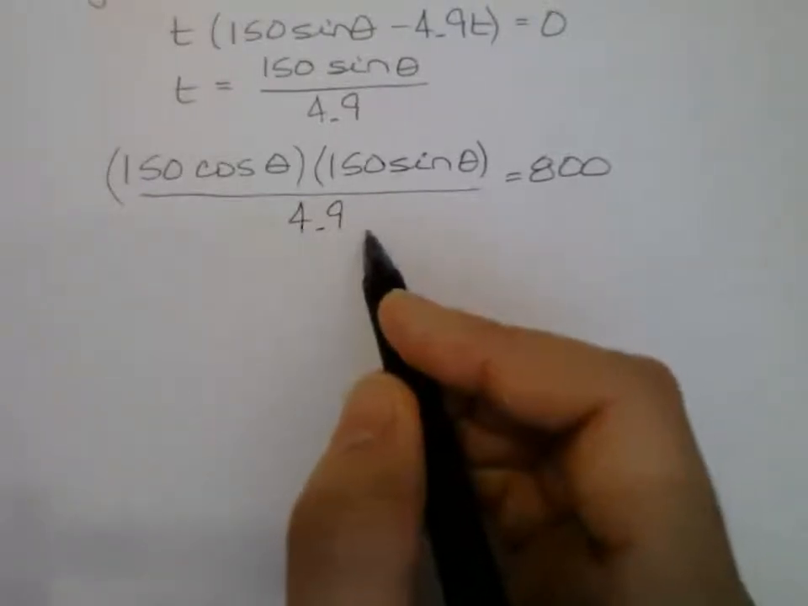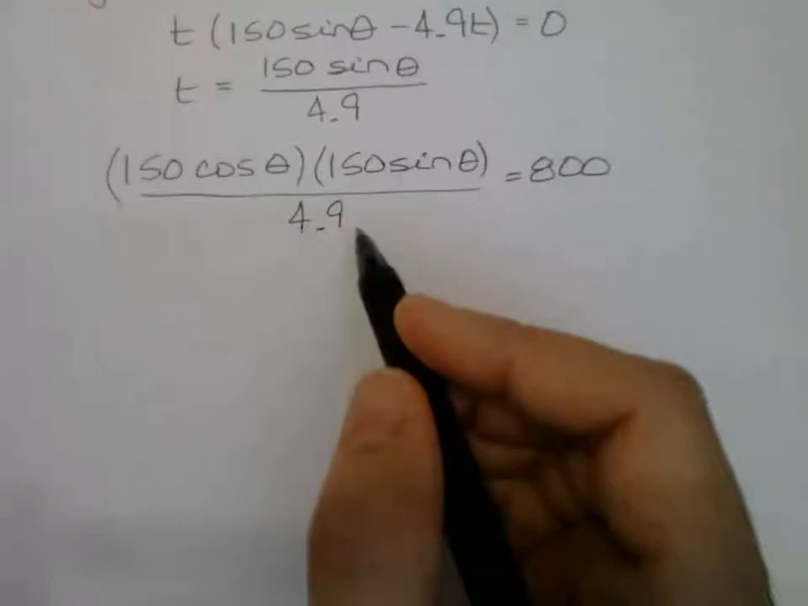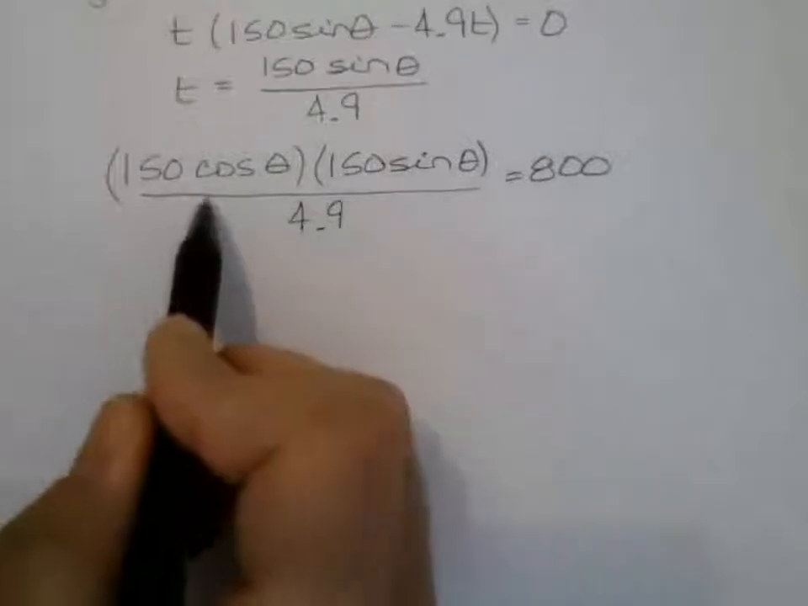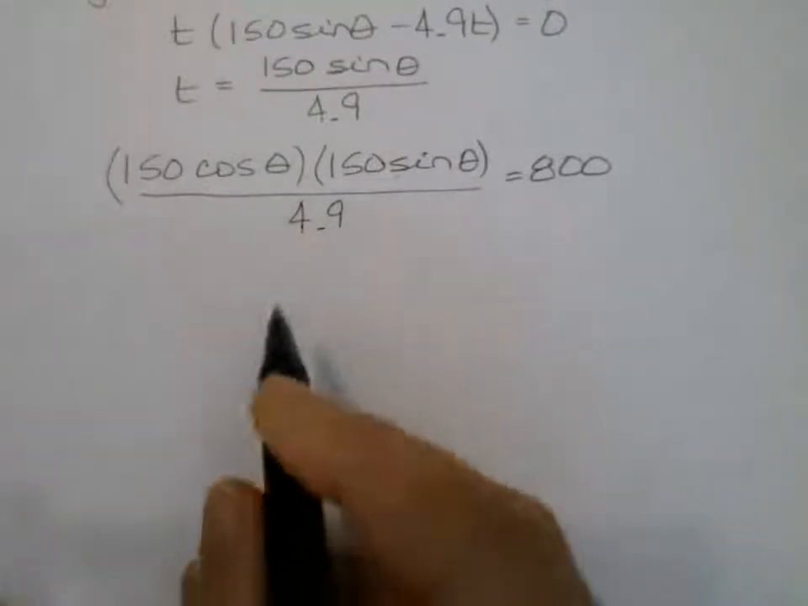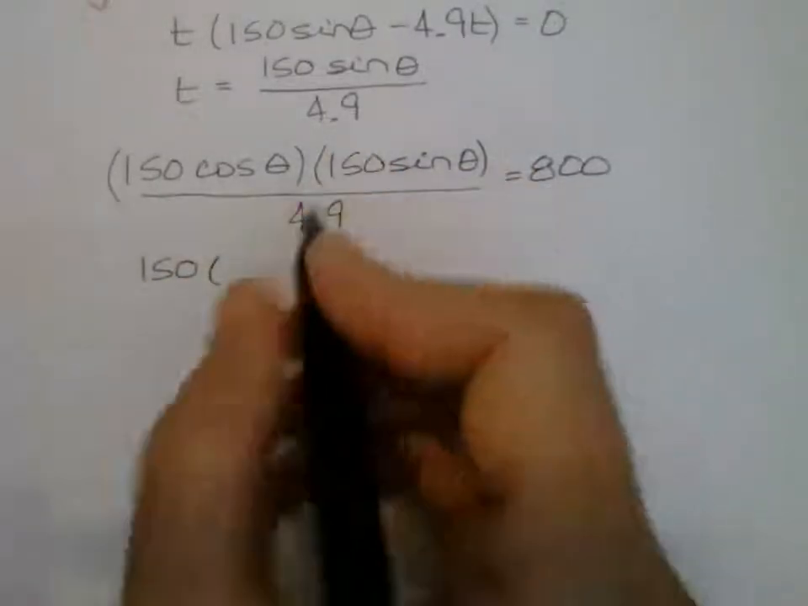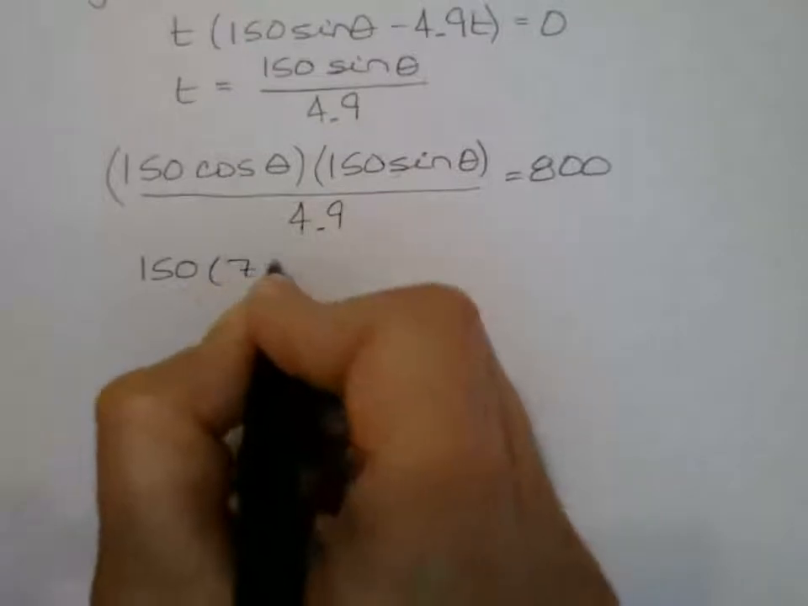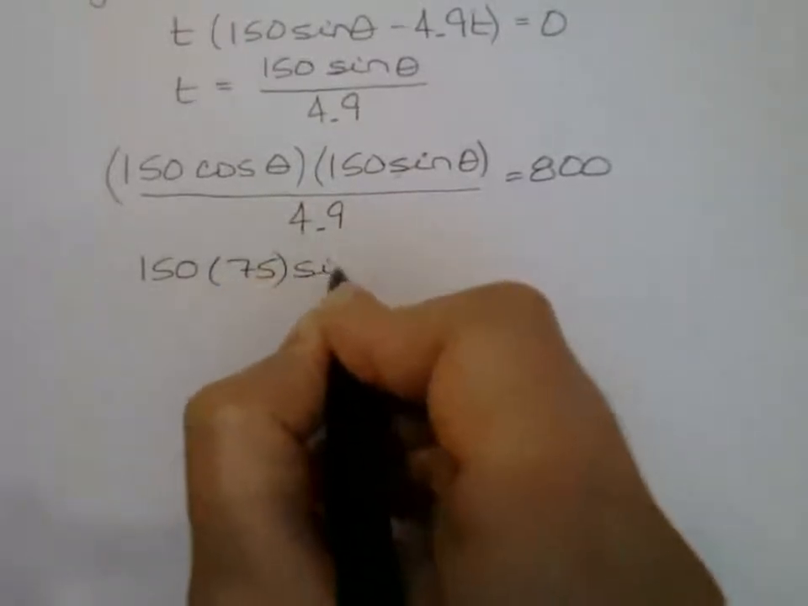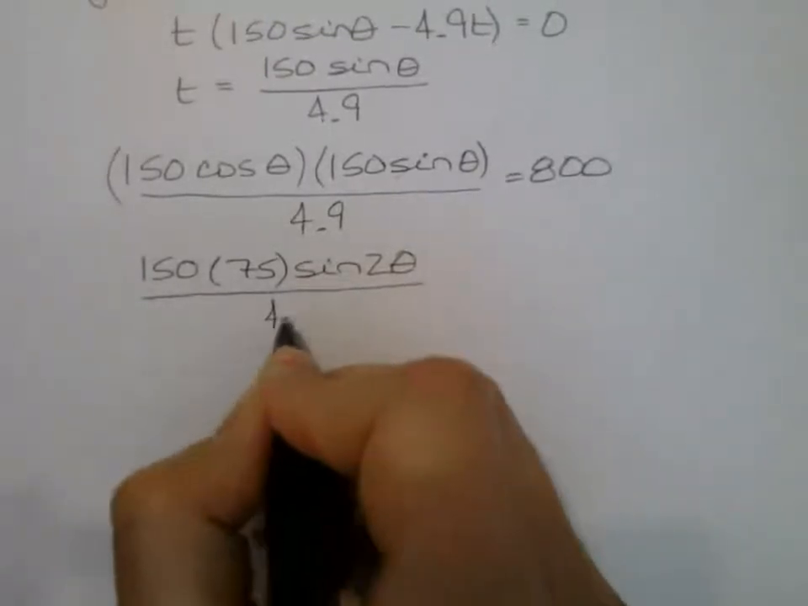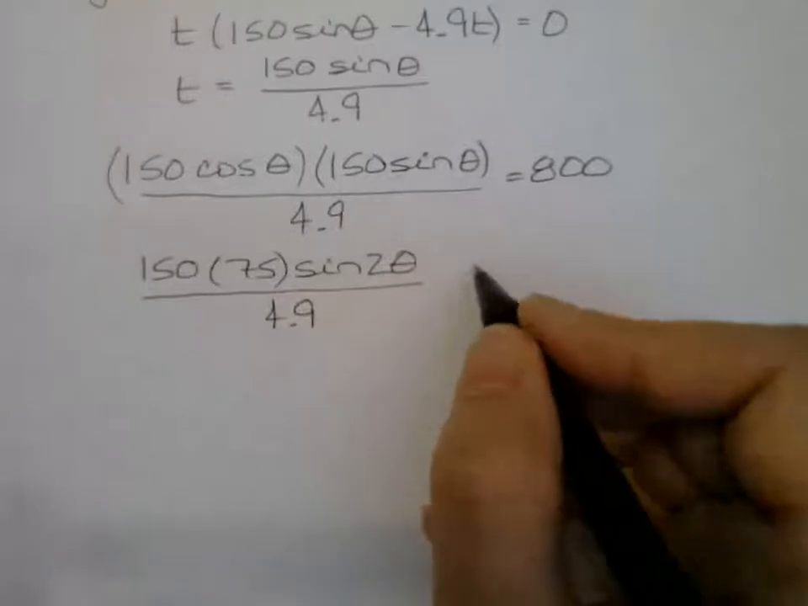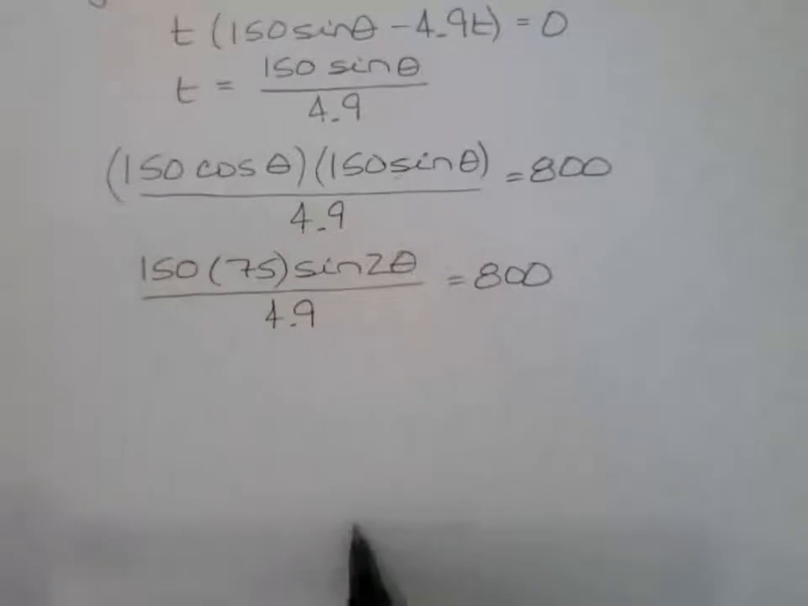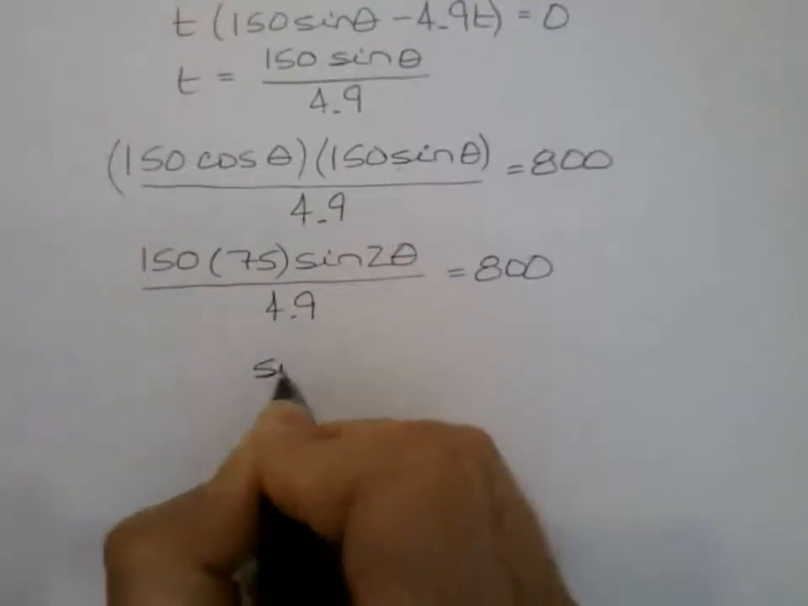If I do some stuff with constants up here, I'm going to notice sine theta times cosine theta times 2 is an identity. This is 150 times, I'm going to divide one of those 150s by 2. 2 sine theta, cosine theta is the same thing as sine 2 theta. Crunch some numbers, and we have sine of 2 theta